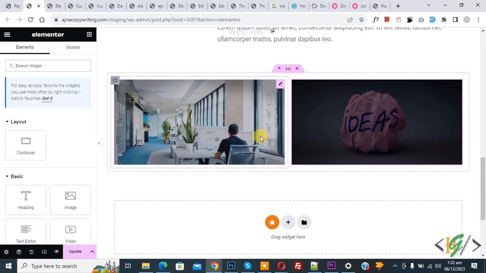Bismillahirrahmanirrahim. Assalamu alaikum. My name is Hassan, and today we are going to show two column layout in mobile mode